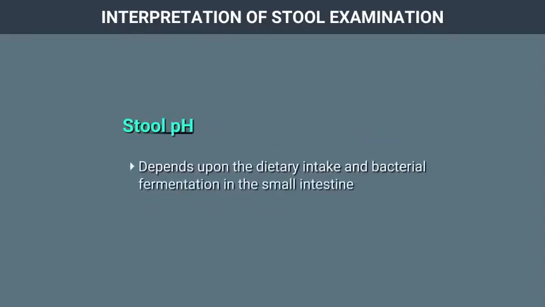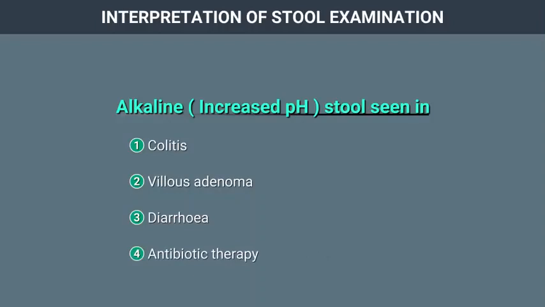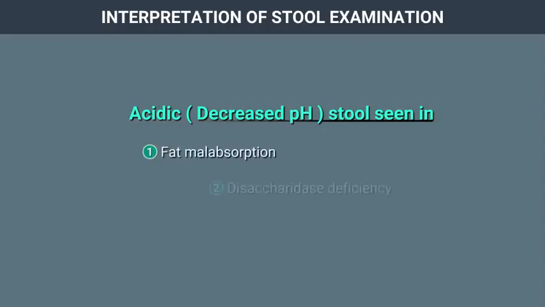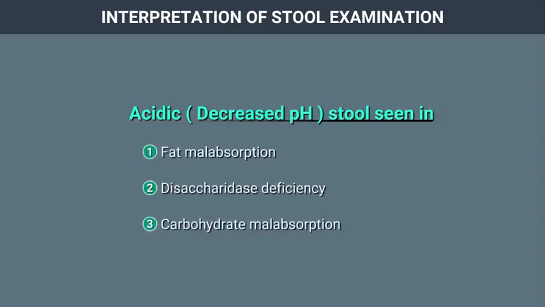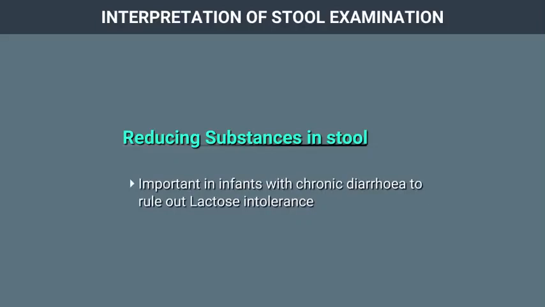Chemical examination of stool includes stool pH and reducing substances. Stool pH depends upon the dietary intake and bacterial fermentation in the small intestine. Alkaline stools can be seen in cases of colitis, villous adenoma, diarrhea, and antibiotic therapy. Acidic stools may be seen in cases of fat malabsorption, disaccharide deficiency, and carbohydrate malabsorption. Reducing substances in stool are important in infants with chronic diarrhea to rule out lactose